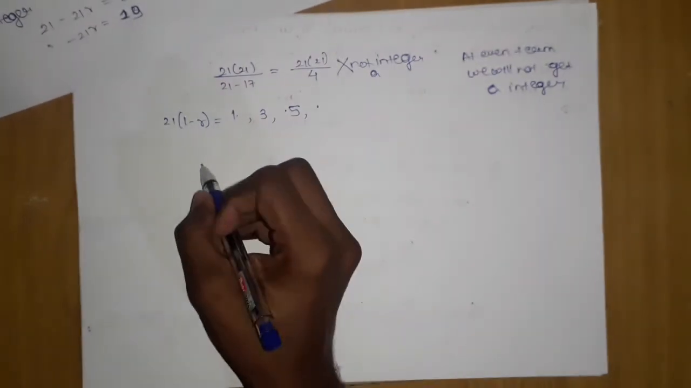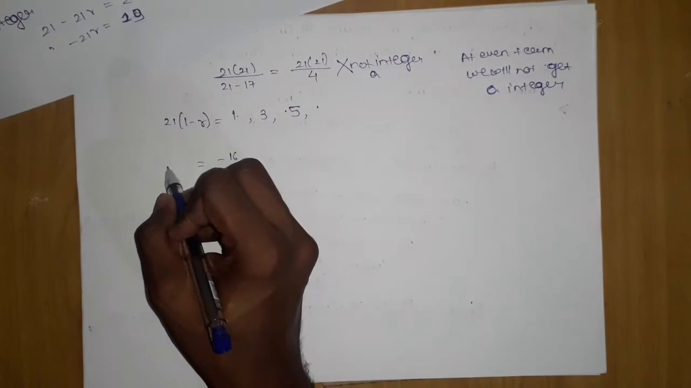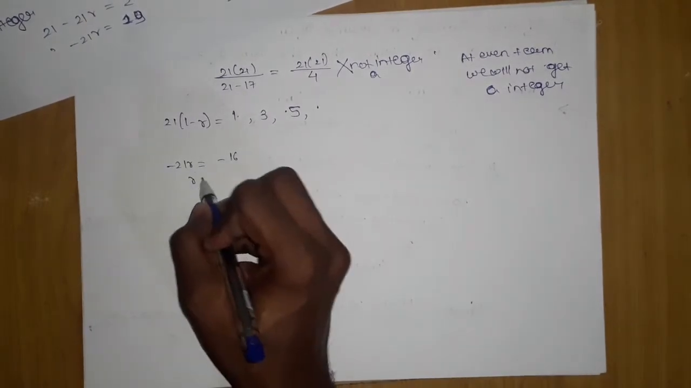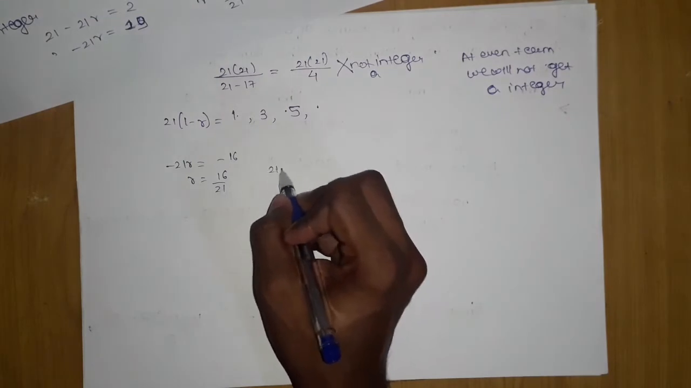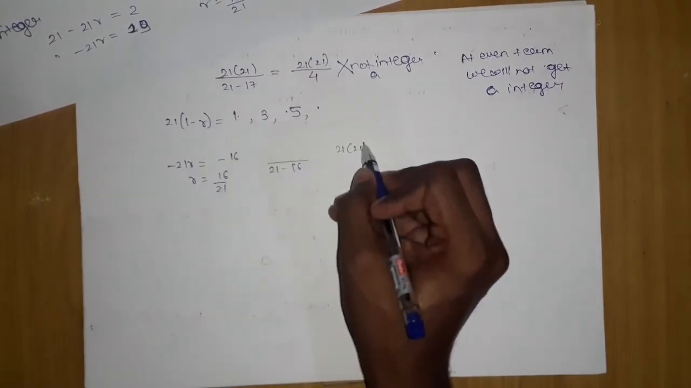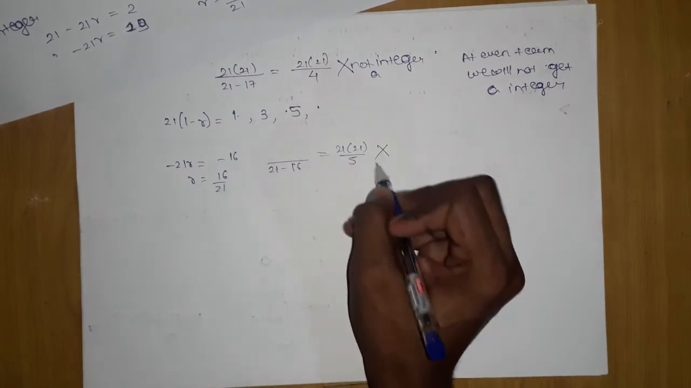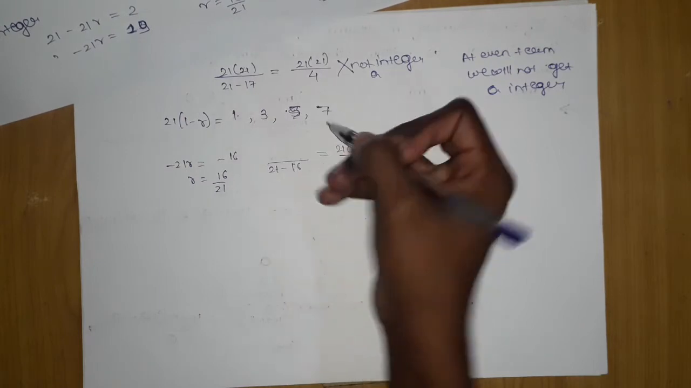At 5 it will be 21 minus 5, which means minus 16, should be minus 21 r, giving me r is equals to 16 upon 21. So 21 minus 16 will be 21 into 21 by 5. This is not a proper number, so 5 will also be rejected, and 6 will be rejected. 7,